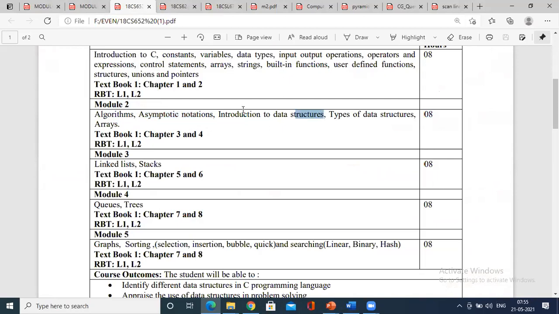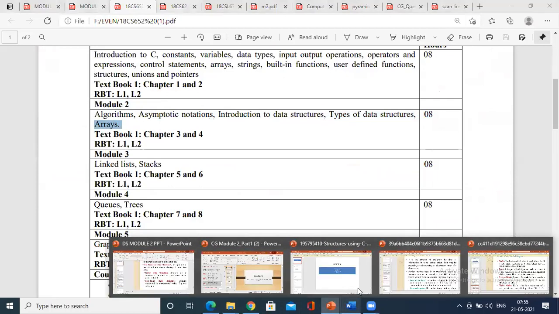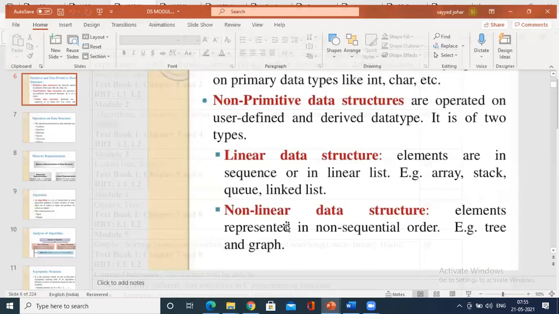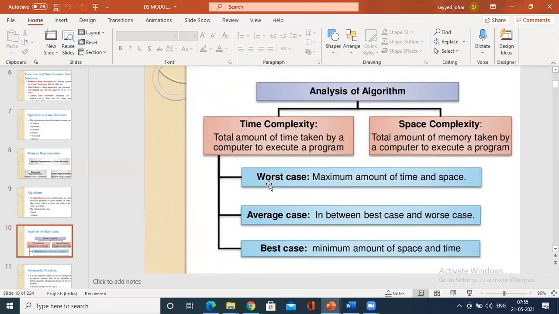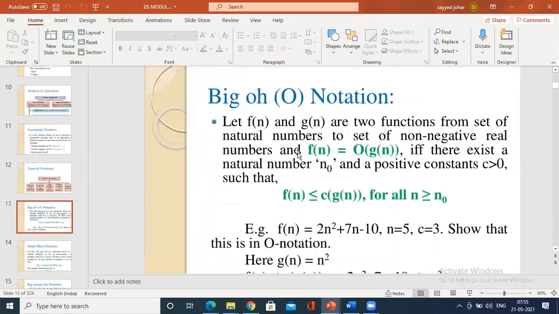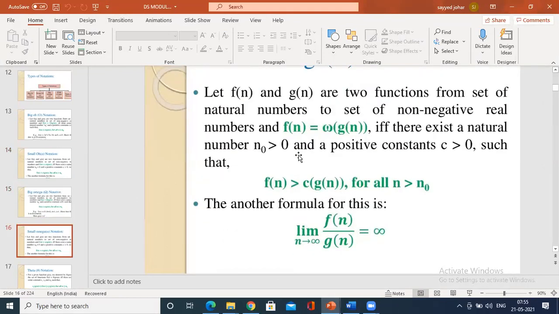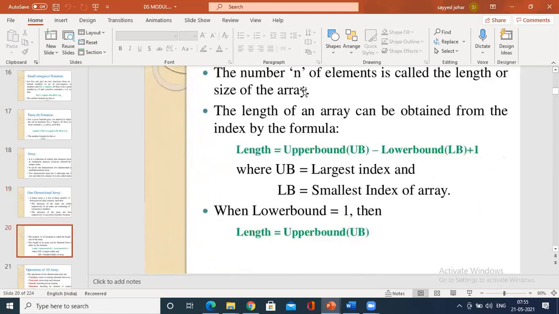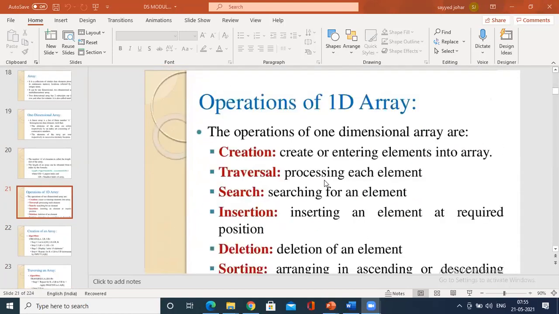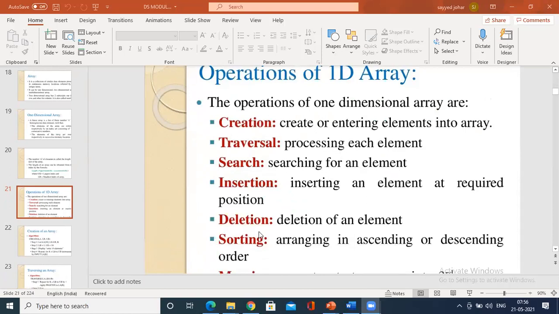So we have the introduction, and we have types of data structures. Now we are left with the concept of arrays. Now we are going with the PPT. What is that? Arrays. Okay, so what could be done with the concept of arrays? The single dimensional array we have seen, and how the array is represented, that we have seen. Upper bound, lower bound.